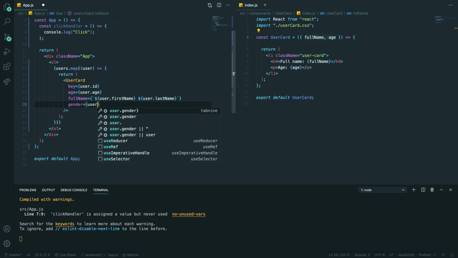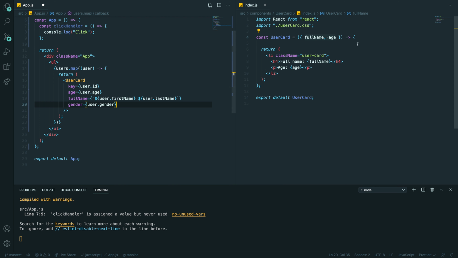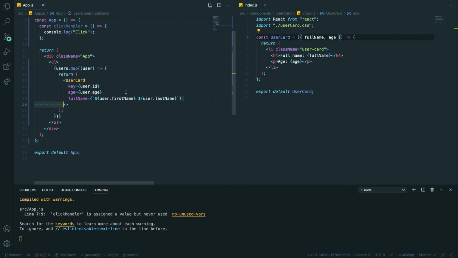That will be user gender. I'm receiving it, but I don't use it. If I want to have it, I can just do gender. Again, this is just JavaScript. It's not about React. It's just destructuring in JavaScript.